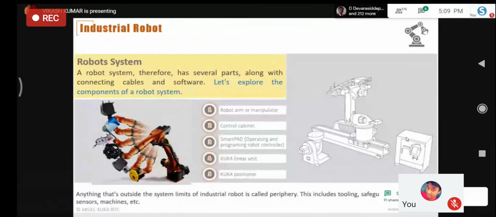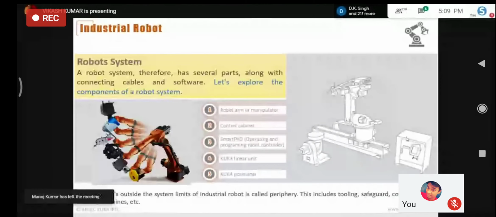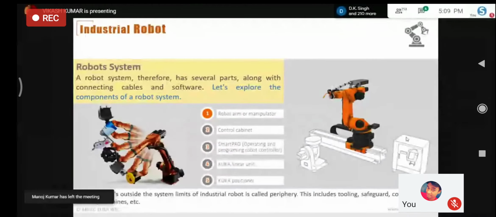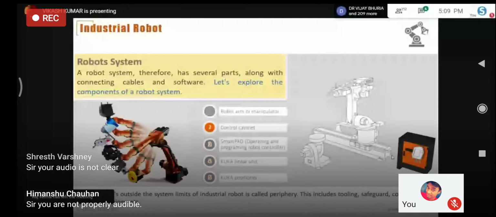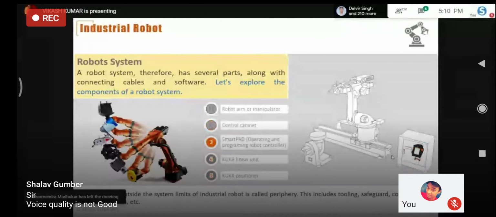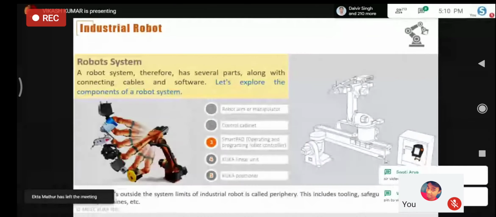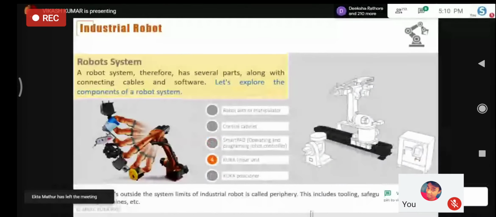The robotic system has a few components. First is the industrial robot. Then second, the highlighted one, is the controller, which is again a very important part of the robotic system. Then the teach pendant must be there. After that, you can see the linear unit, which must be there.